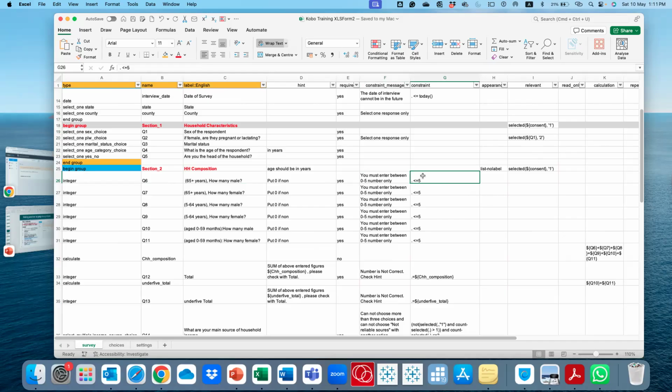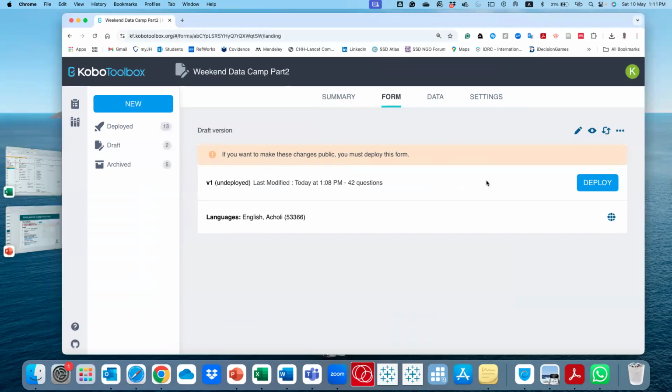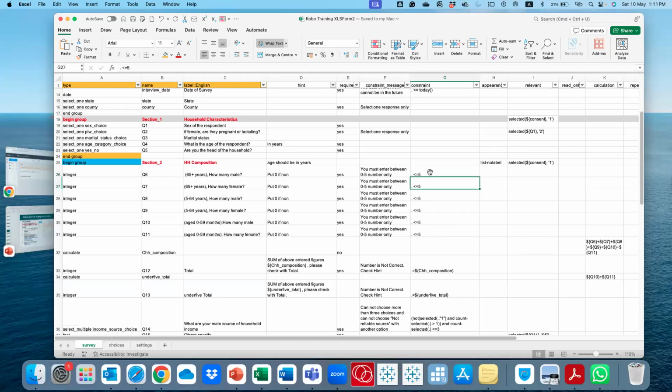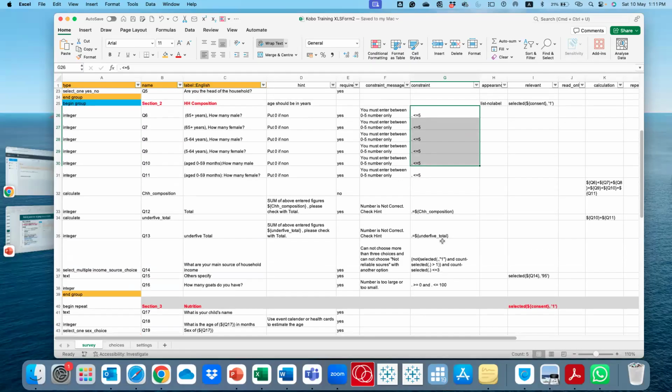So this is how you put the constraint that this question should be less than or equal to 5. The way we put it under validation, where we looked for those mathematical symbols, here you just put that this question should be less than or equal to 5, for example. So this is sort of the same.